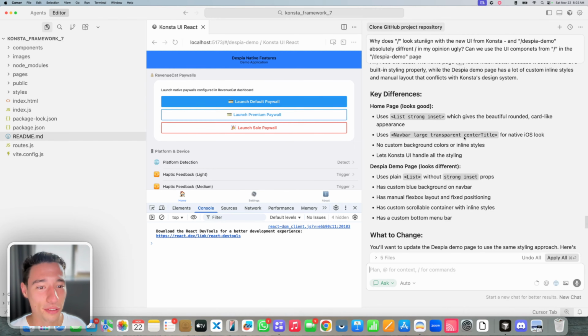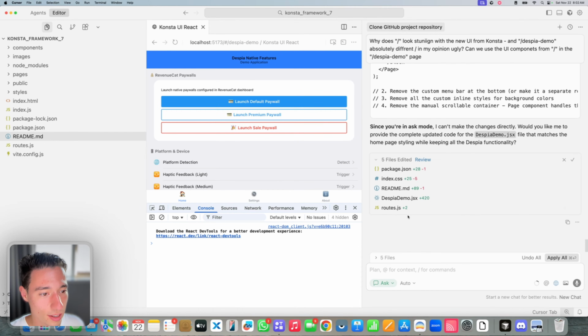Okay, key differences. Homepage looks good, uses list strong inset, which gives the beautiful rounded card-like appearance. Uses navbar large transparent center title. Despia demo uses plain list without strong inset props. Has custom blue background on navbar. Okay, want to change. Let's say